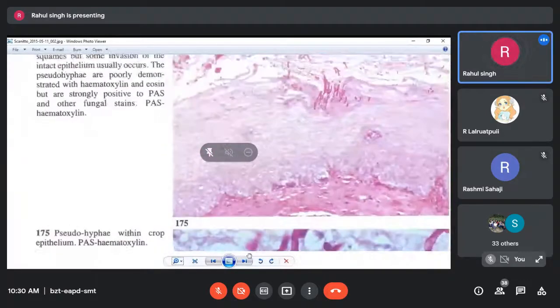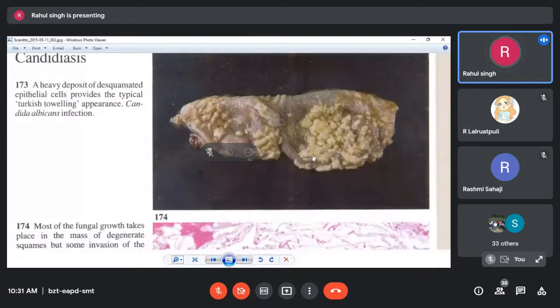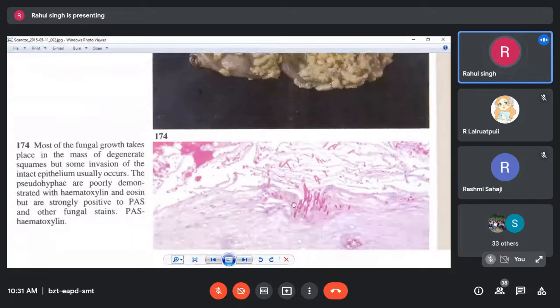Once again, I'll show this. These are the Turkish towel-like appearance on the crop mucosa. You can see this whitish Turkish towel. You can compare this with the deposits with the lesions formed on the intestinal mucosa, what we have seen in the necrotic enteritis. However, because of presence of bile and other pigments, it appeared yellowish. Here, it is appearing whitish. You can see this Turkish towel-like appearance of the mucosa because of development of fibrino-necrotic lesions.